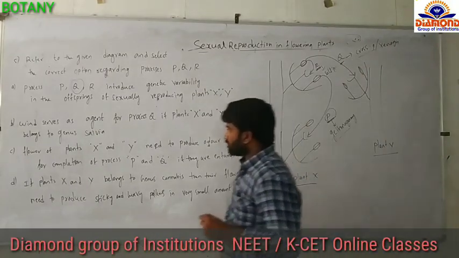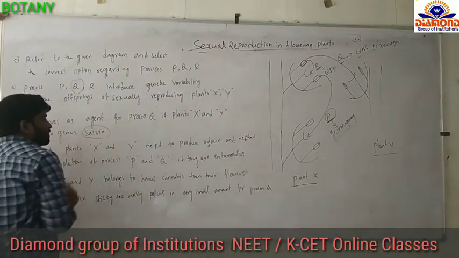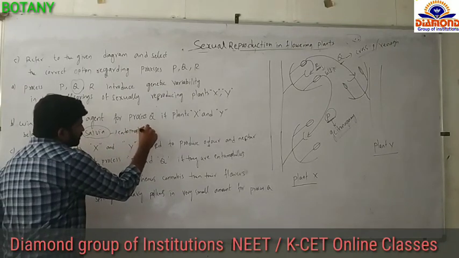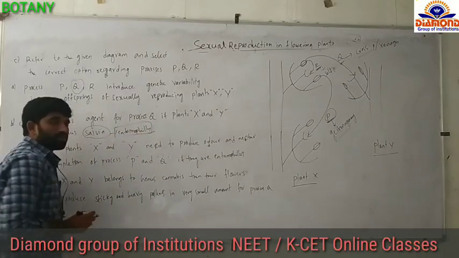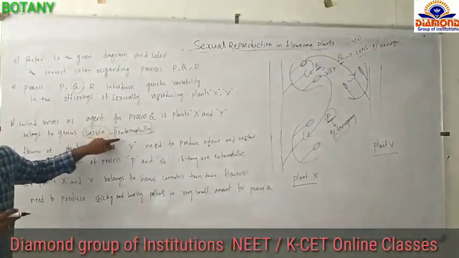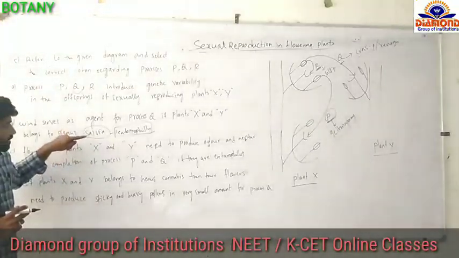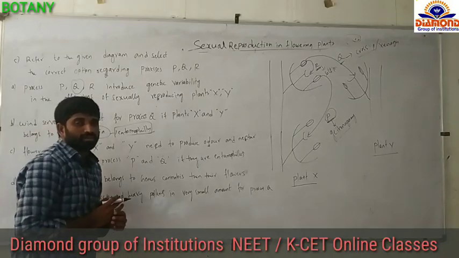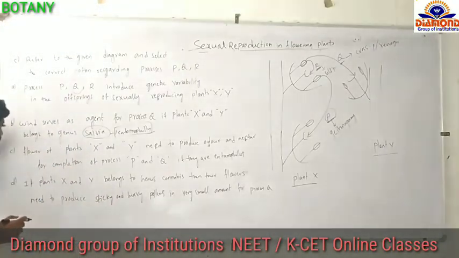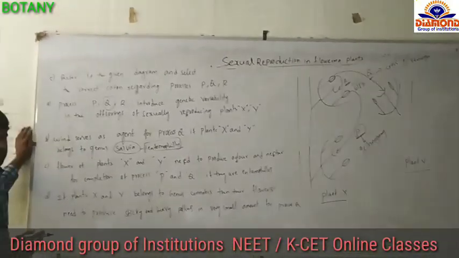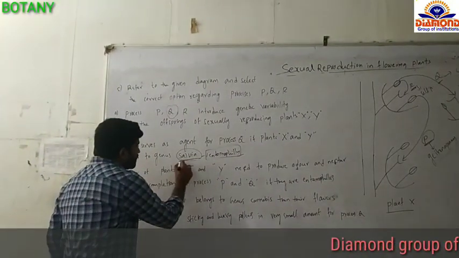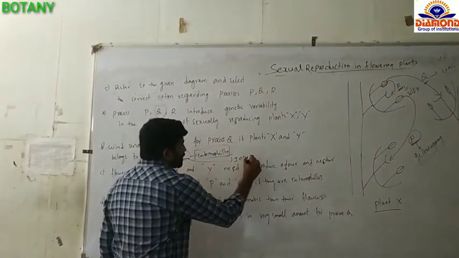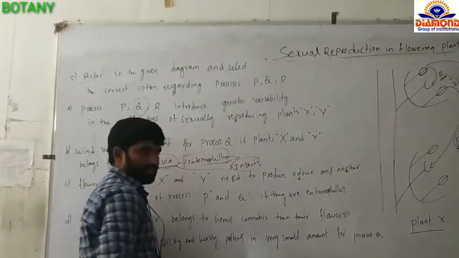One thing you want to know: Salvia plants are entomophilous, which means these plants perform pollination through insects. Air cannot act as a pollinating agent, meaning the transfer of pollen grains through the air will not occur. The option given says wind serves as a pollinating agent, but in Salvia plants wind does not act as a pollinating agent. Insects can act as a pollinating agent.